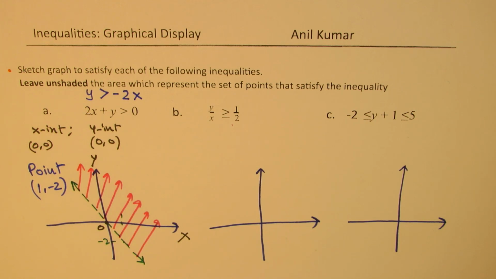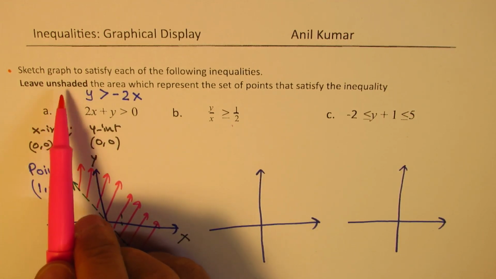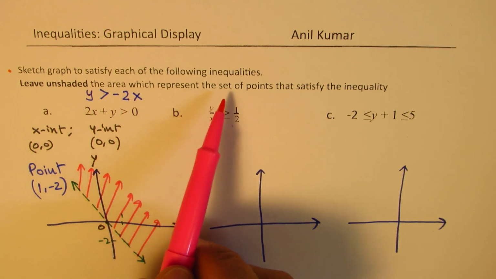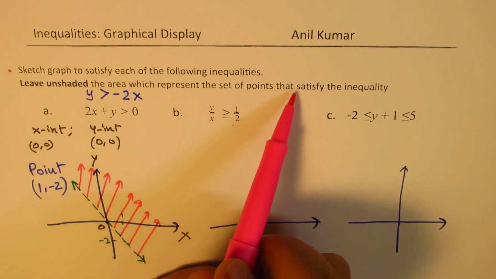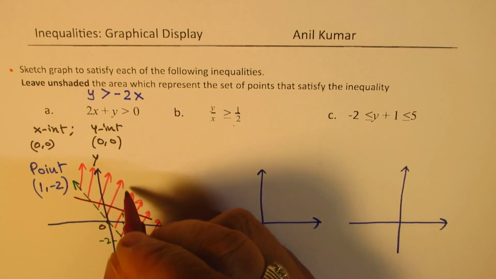However, we have made a mistake. The mistake is because it says leave unshaded the area which represents the set of points that satisfy the inequality, right? So that is a mistake which you could make, and therefore this solution is wrong,